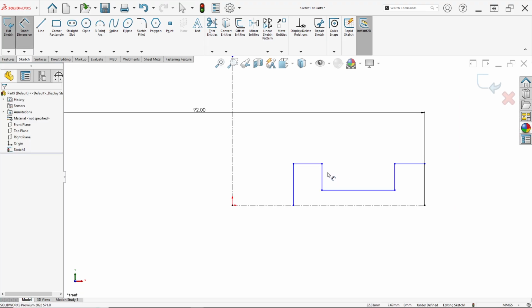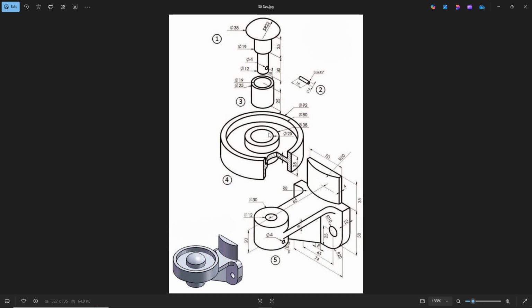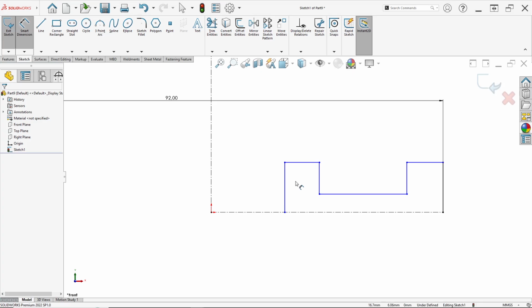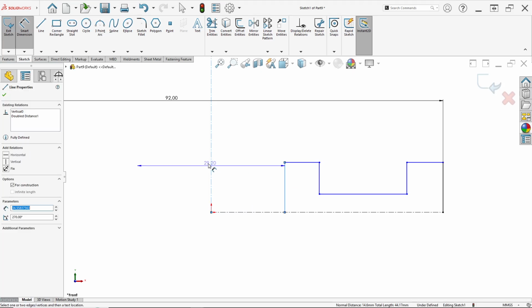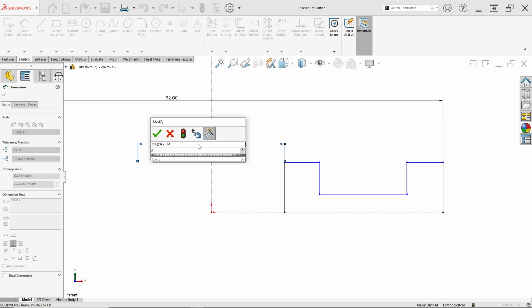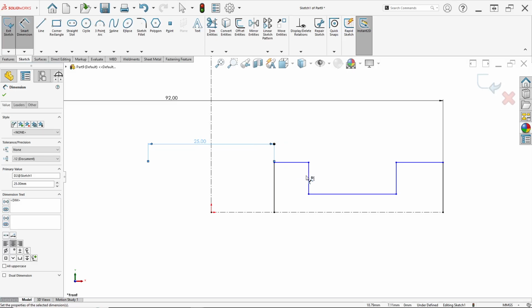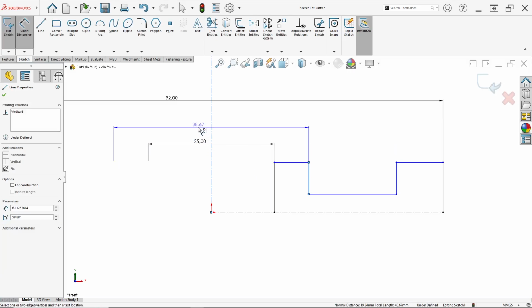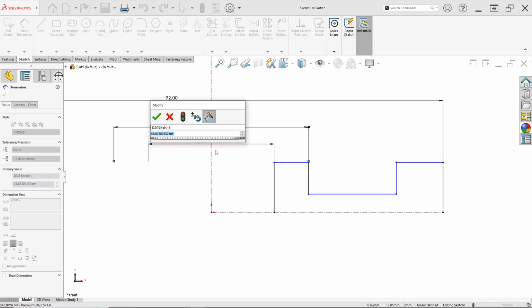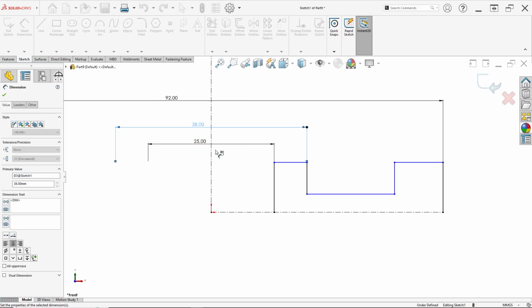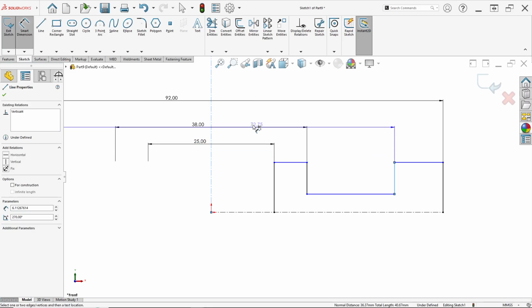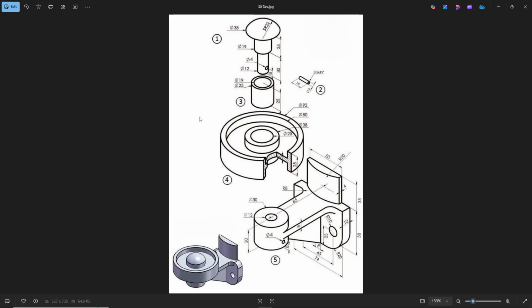Then we can set for here. Here have hole diameter in 25. So this line to this center line in diameter in 25 millimeter, and this to this in 38 millimeter.